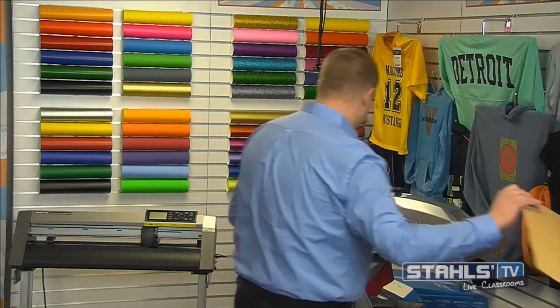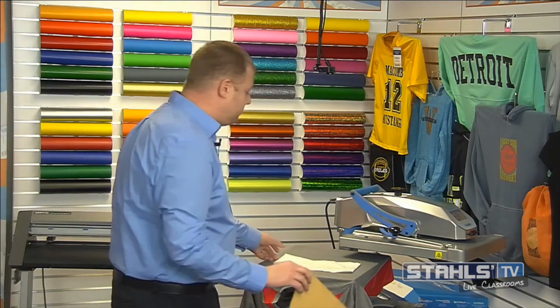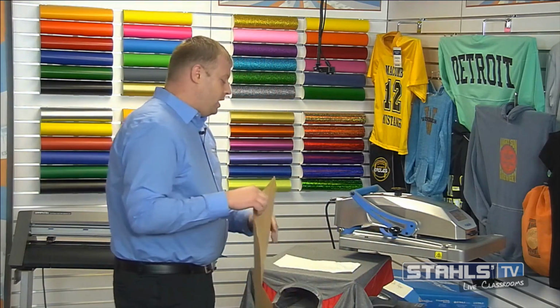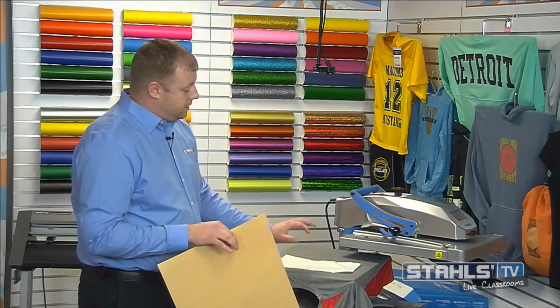And I'm going to grab a cover sheet real quick here. This garment right here was already preheated to take out the moisture. As we go on further, though, you will want to preheat. One of the things I do want to mention before I press this, before I forget, is that